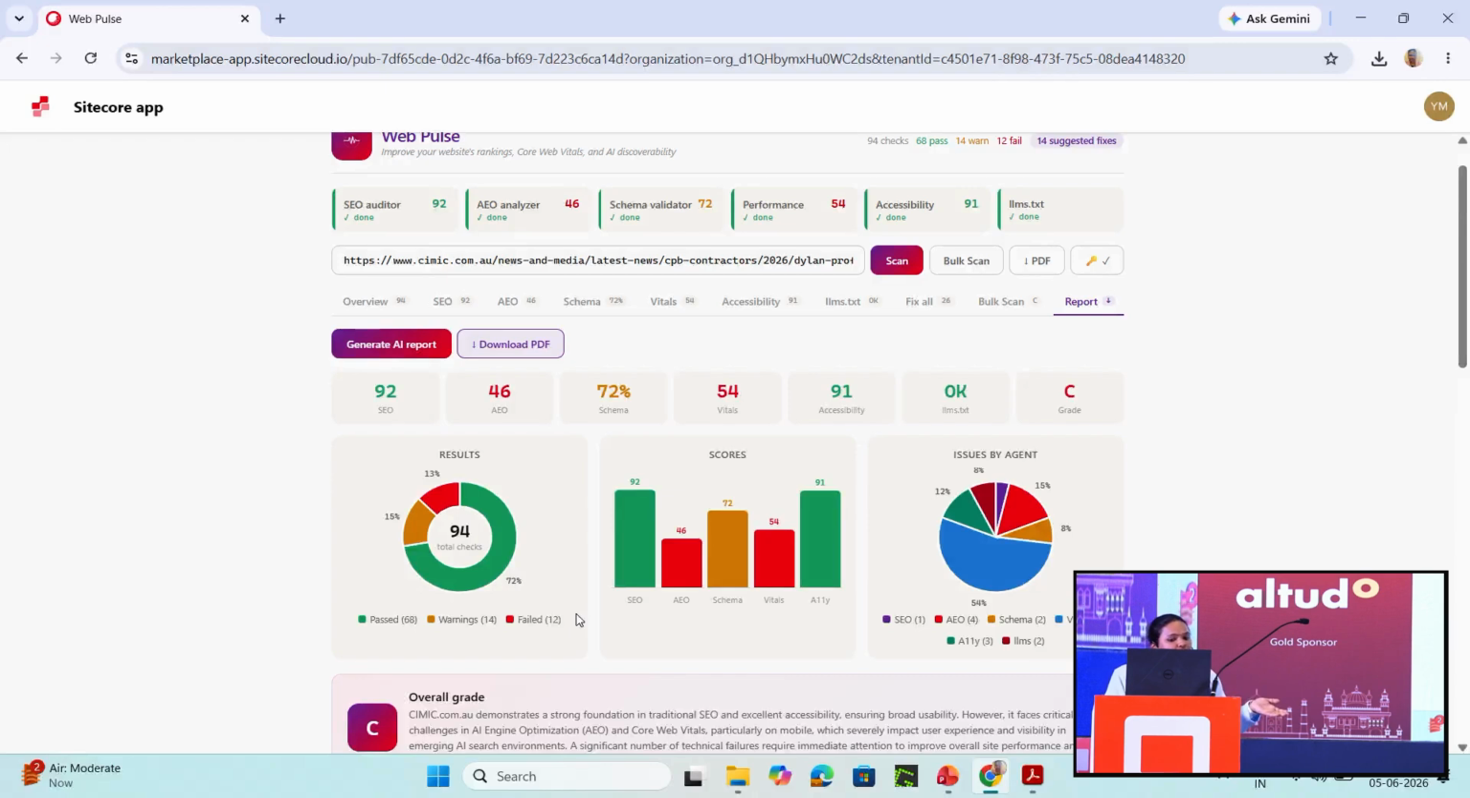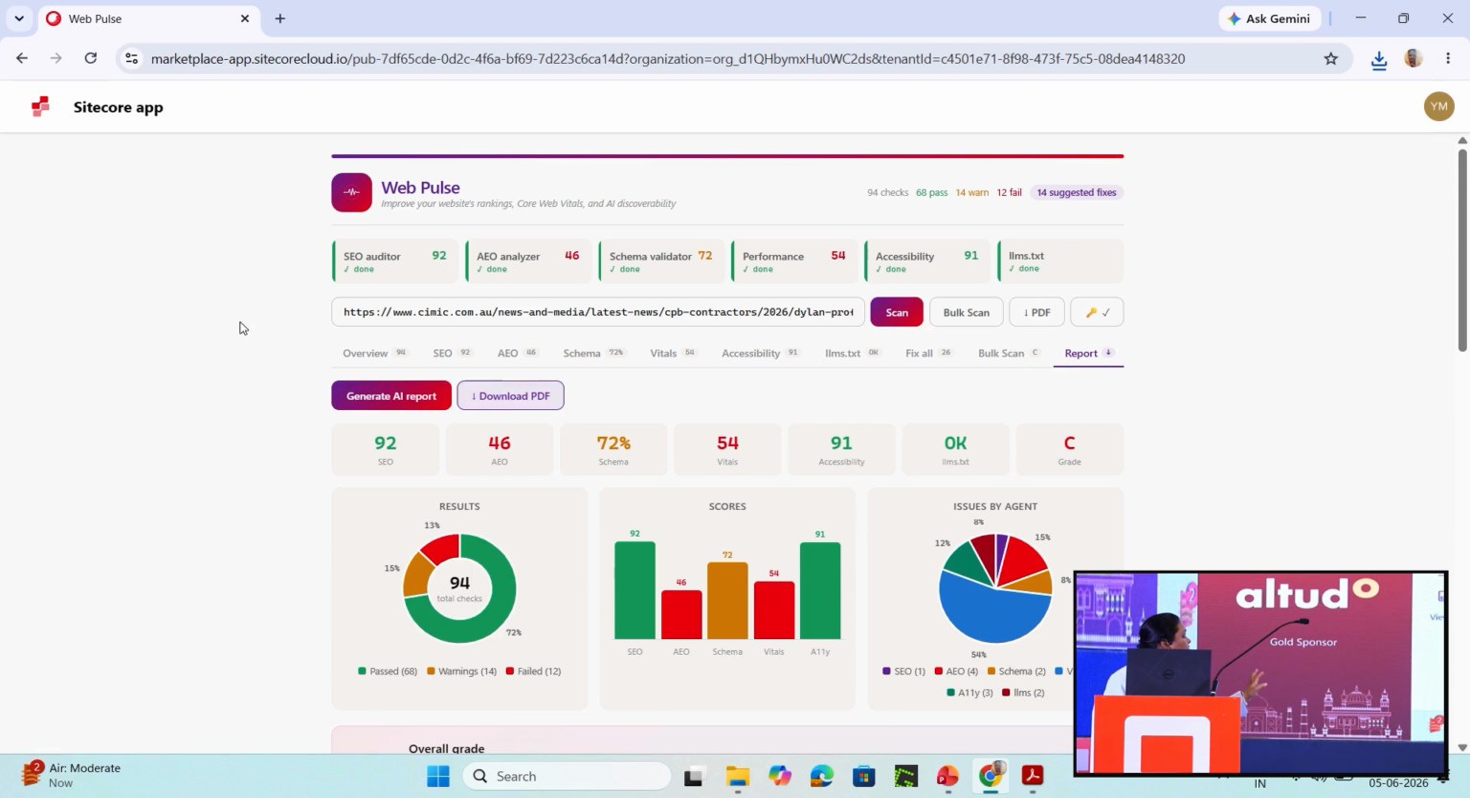We can also check the report here, which is to generate an AI report, which again generates the same AI report. We can also download the PDF from here, or we can download it from here. It doesn't matter because it shows the same thing, so that is fine. And if we navigate back to the page,